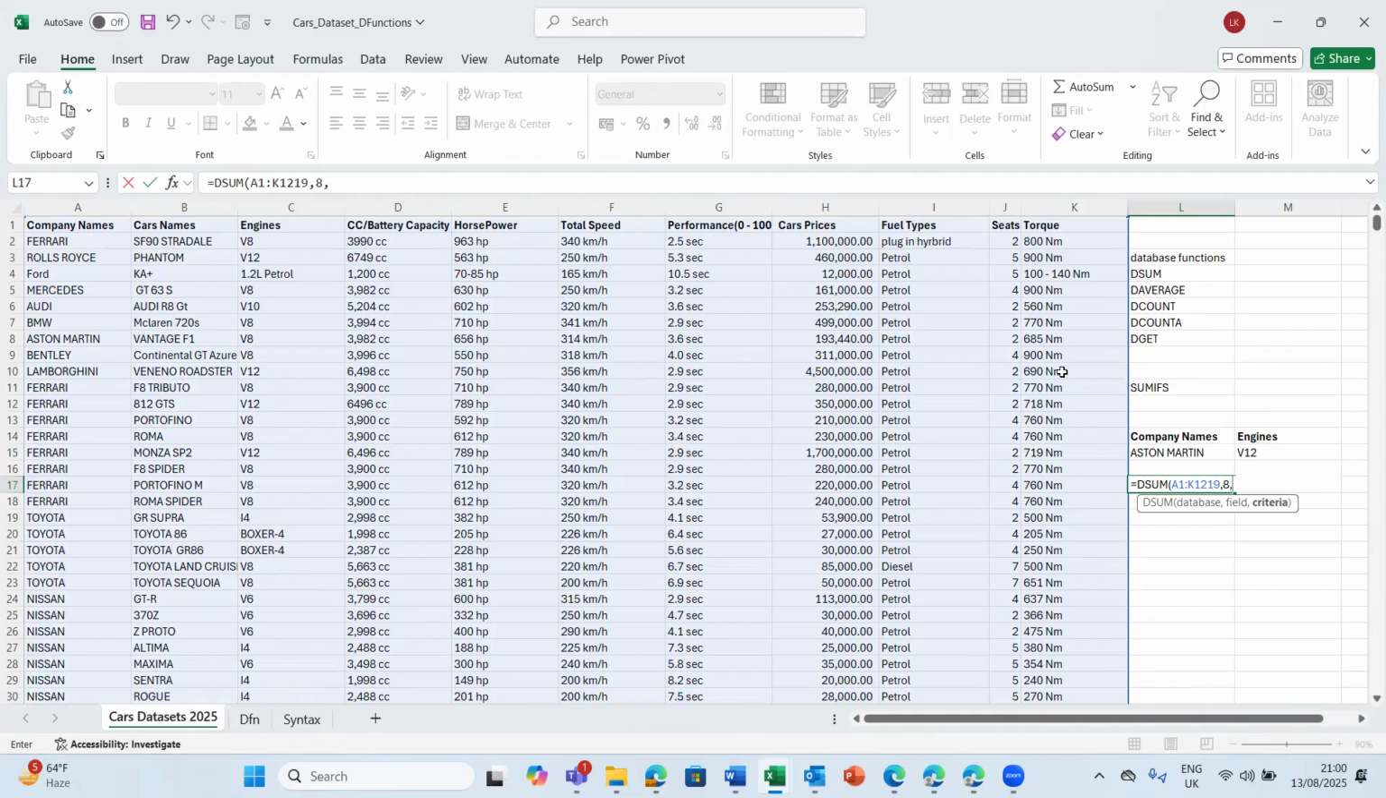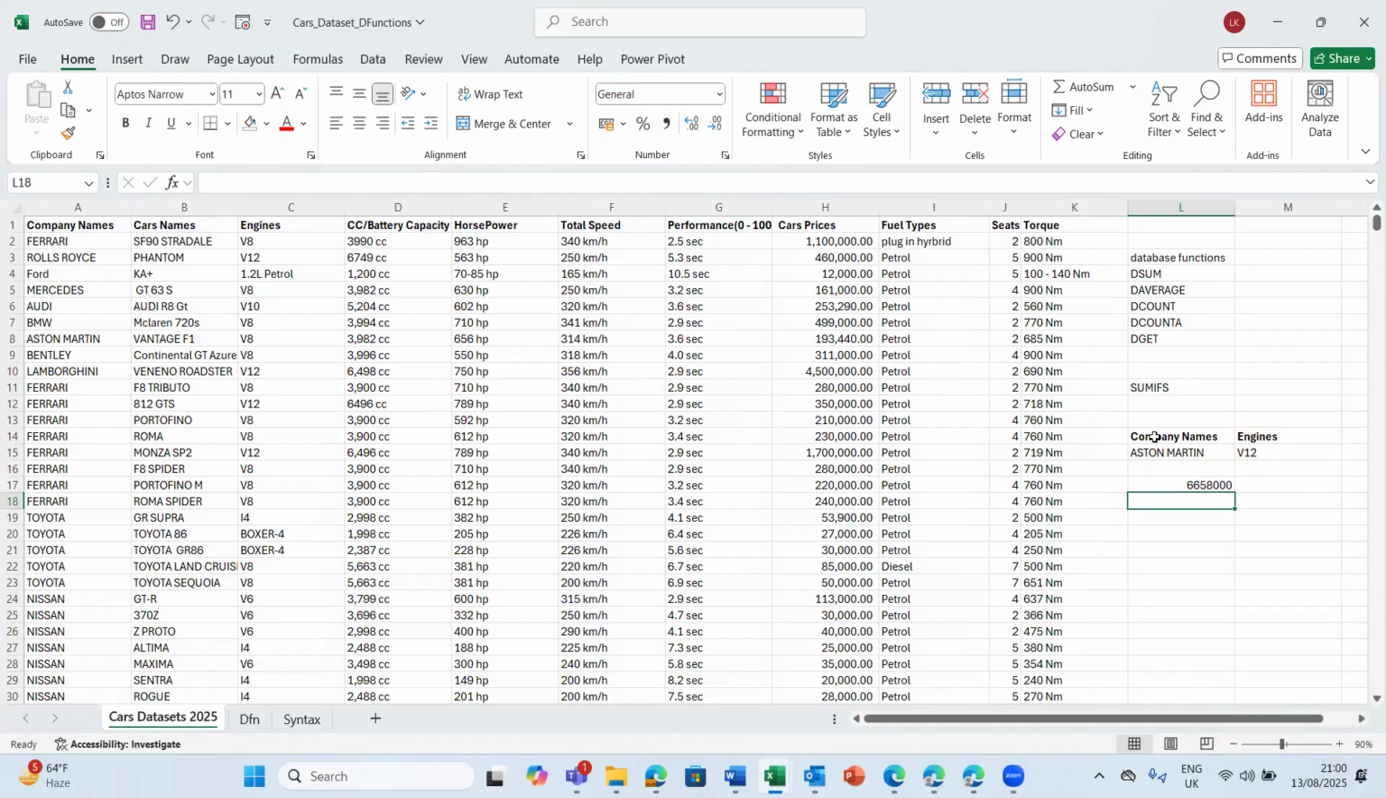Criteria. What's our criteria? Criteria, these are your conditions. So these are the conditions here. Okay. These are our conditions. And just type Enter. Okay. So the total sales for Aston Martin V8 is 6.6 million. That's the total sales revenue for Aston Martin